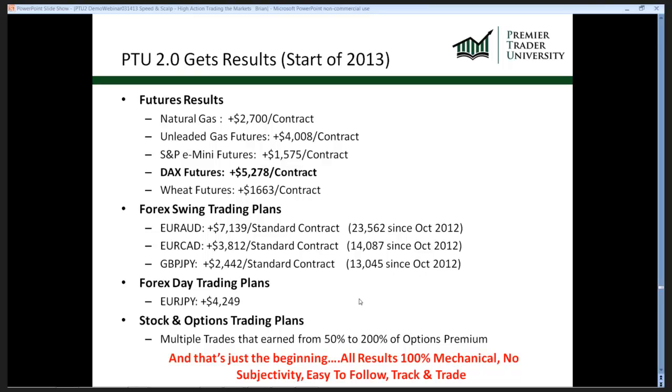If you are tempted to day trade, the euro yen has been a really good performer for us, with 4,249 pips since 2013. So as you can see here, these numbers, by the way, are taken straight off of our member site. We post every week the performance of these markets so that our members can see them and match up with what we see on our charts. So again, this is taken straight off of our Owners Club and the live result there. So Troy, I'm going to turn the mic over to you and let you talk through Trend Jumper results.